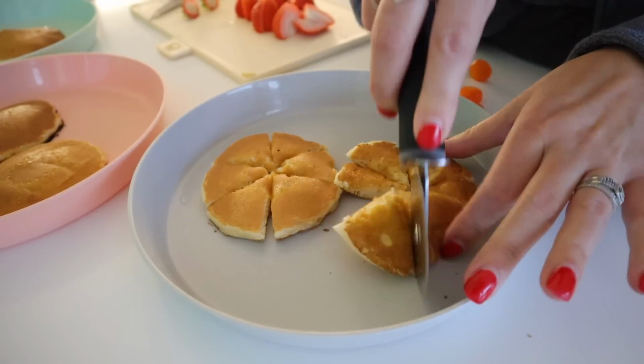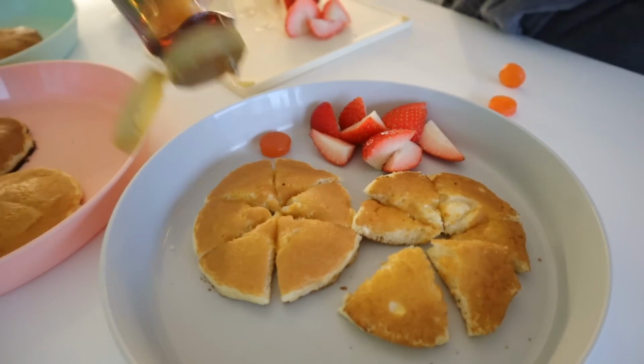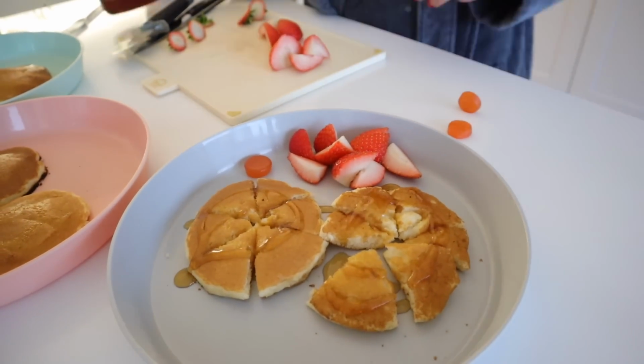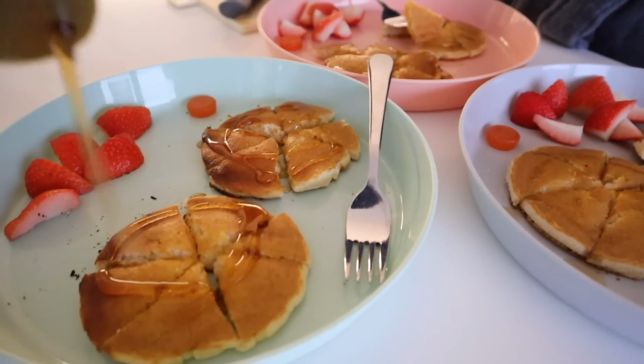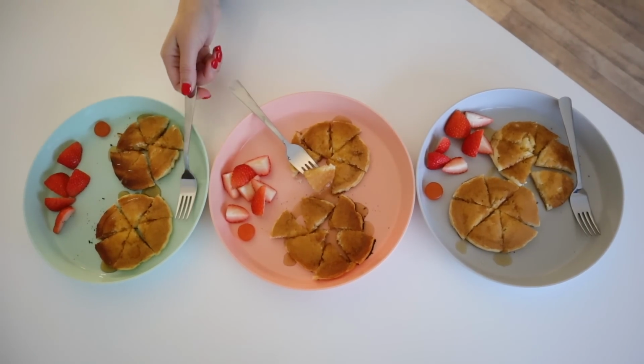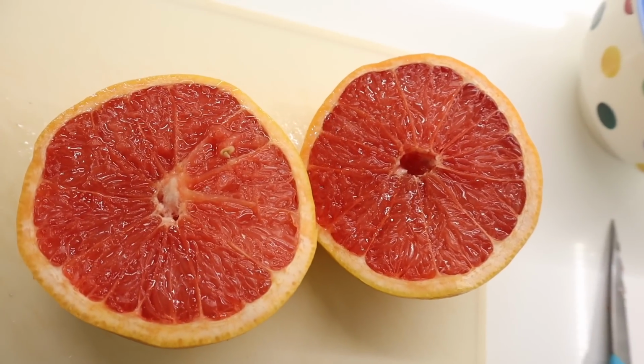And then I'm going to cut up the pancakes using my pizza cutter, which is how I like to cut toast and pancakes and anything really. And then I'm just going to add a little bit of maple syrup on top, and that is pretty much their breakfast. Sometimes they will also help themselves to cereals,